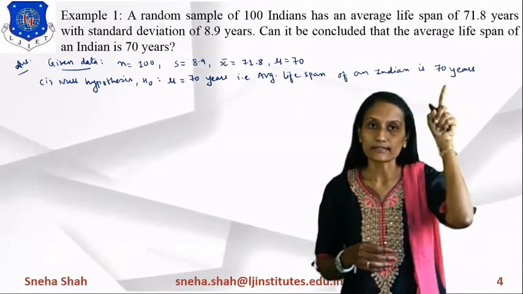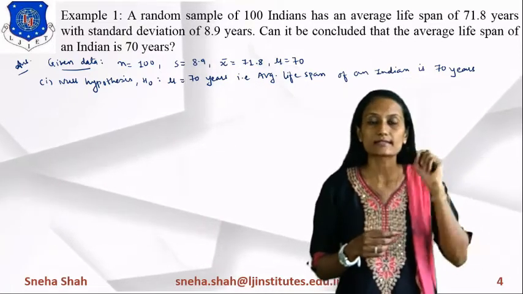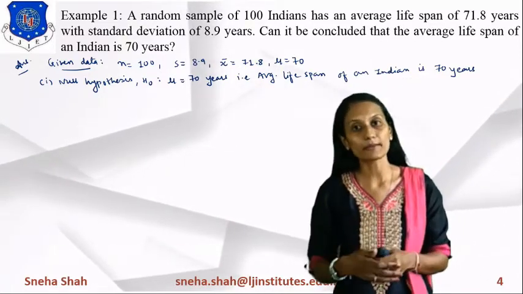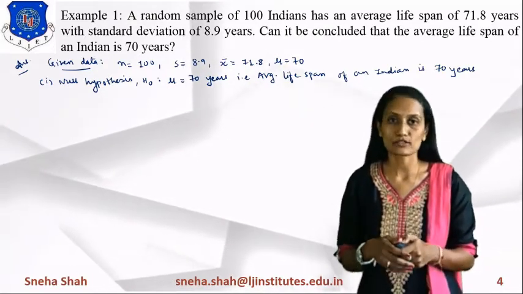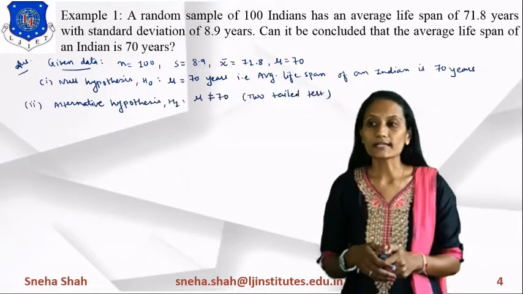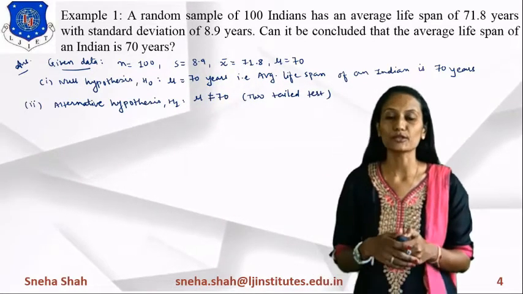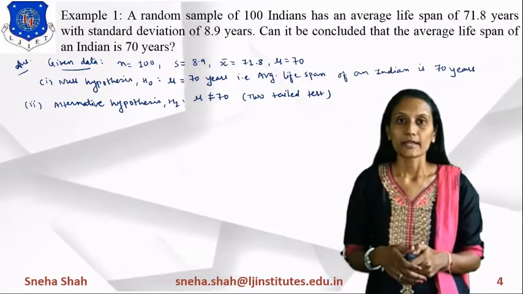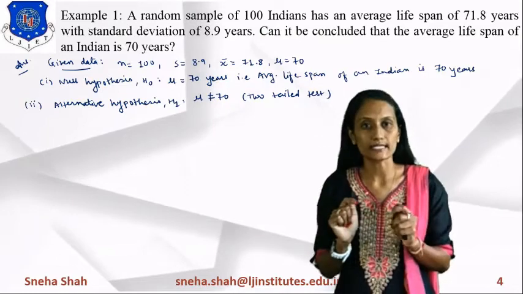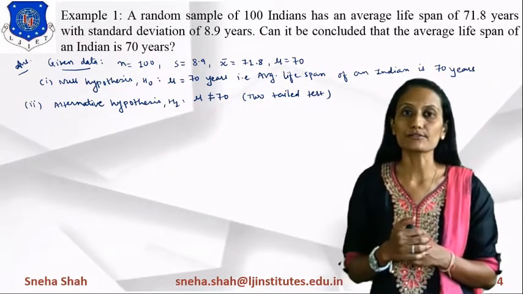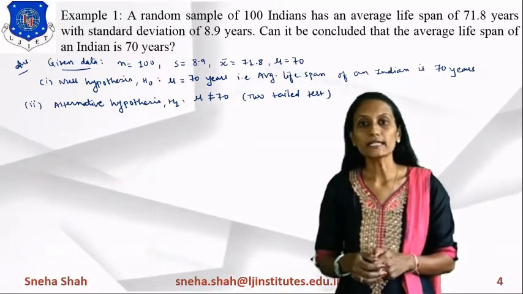So if we consider this as the null hypothesis, this assumption is considered the null hypothesis. So what will be the alternative hypothesis? It will be considered as mu does not equal 70. So the alternative hypothesis is represented as H1 and its value is mu does not equal 70. It means it is not one particular value, 70, so it will be considered a two-tailed test. So on both sides, it will give you some output, right? So it will be considered a two-tailed test.